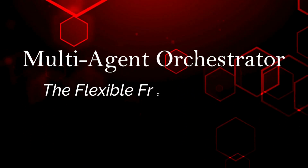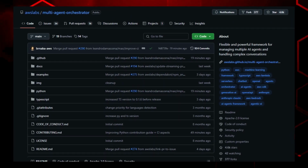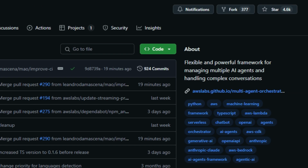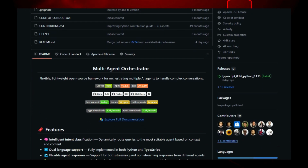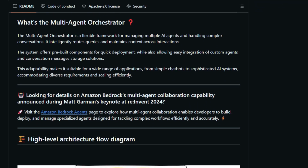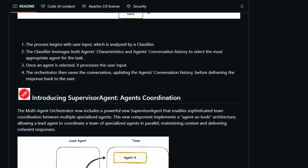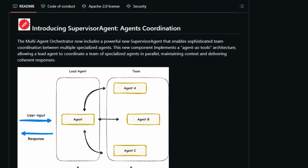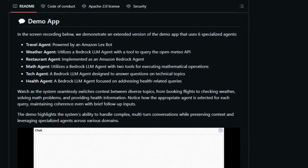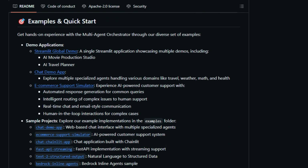Project number 6, Multi-Agent Orchestrator, the flexible framework for AI conversations. What sets Multi-Agent Orchestrator apart is its flexible and powerful design specifically for managing multiple AI agents in complex conversational workflows. Unlike systems that focus on a single agent, this framework excels at orchestrating interactions between various specialized AI entities. Its intelligent core feature is dynamic intent classification, which smartly routes user queries to the most appropriate agent based on the context and content of the conversation. What makes it particularly versatile is its dual language implementation in both Python and TypeScript, catering to a wide range of developers. The orchestrator also provides seamless support for both streaming and non-streaming responses from different agents, ensuring adaptability for